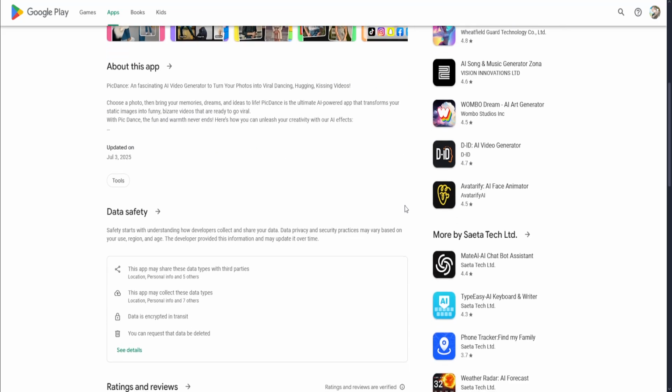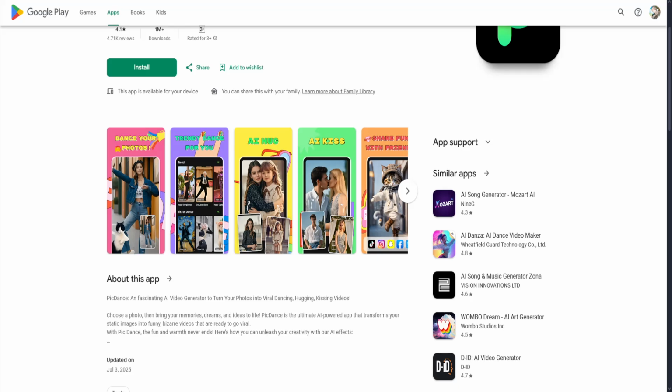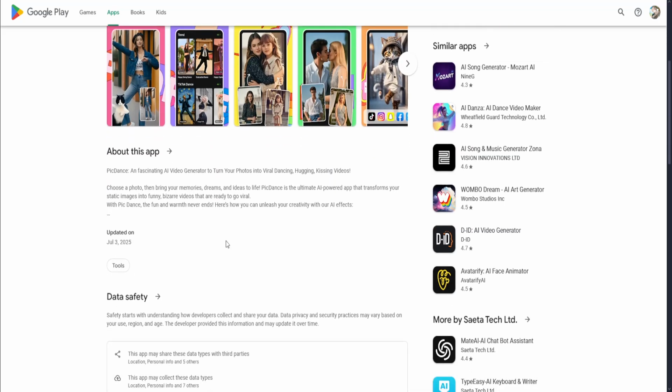So what users like about this: it's entertaining in concept. It also has a large user base. However, let's talk about its major issues. So it has deceptive monetization. There's no true free tier or free trial, so a subscription is required upfront.